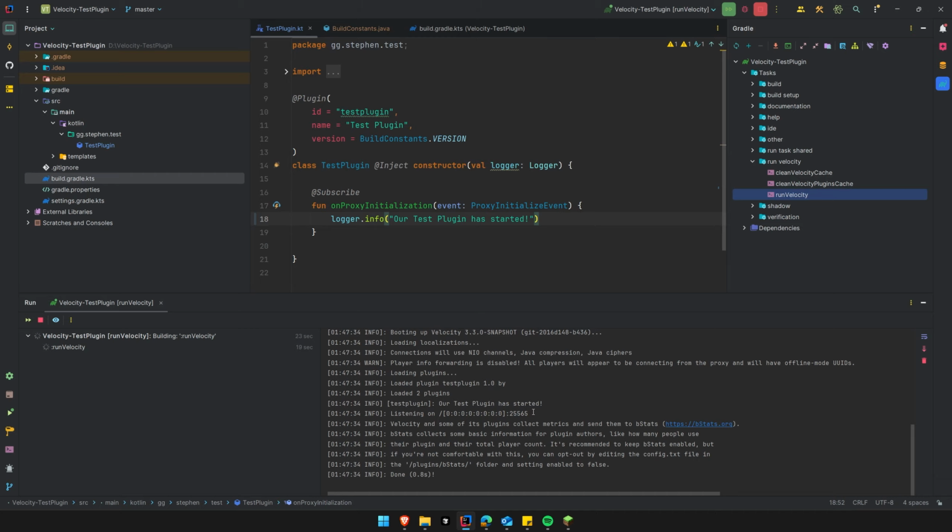Of course, the good news is that we can see our test plugin has started. So firstly, congratulations guys, you've made your first Velocity plugin. How awesome is that? And now nothing can stop us. We can add anything in the coming videos now. The hard part's out the way. Now it's just about learning the API. And you'll also see here it says listening on